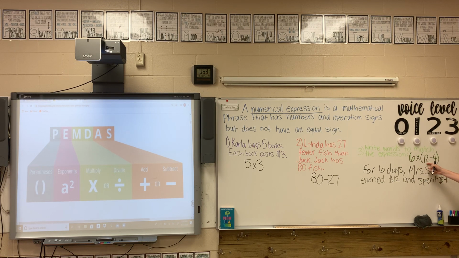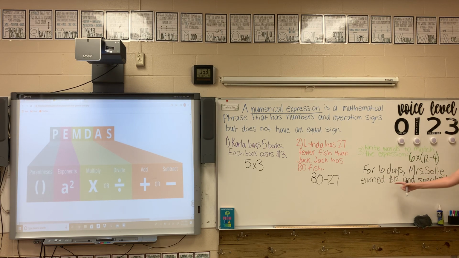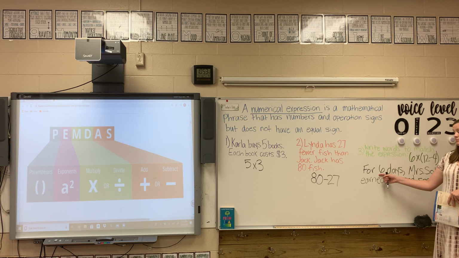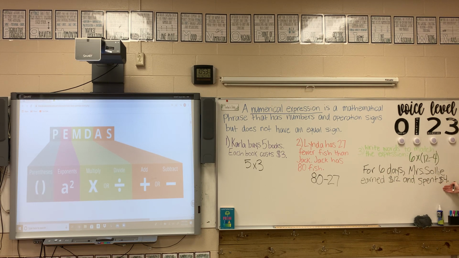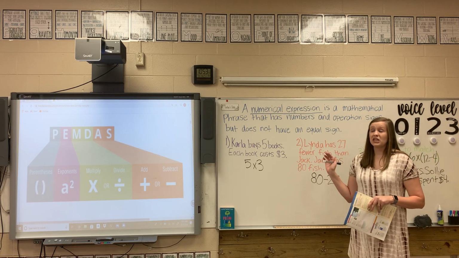We have to do 12 minus 4 times 6. We solve what's inside the parentheses, and then we move to multiplication. So our word problem we came up with was for 6 days, Miss Solly earned $12 and spent $4. So we have to take away our 4 from our 12 before we can multiply by 6, right? Because if I just did 12 times 6, I'm not counting the money that I'm spending. So that is how this word problem matches this expression. That was an awesome job today. Remember, tomorrow we're going to go a little bit more in depth with numerical expressions and